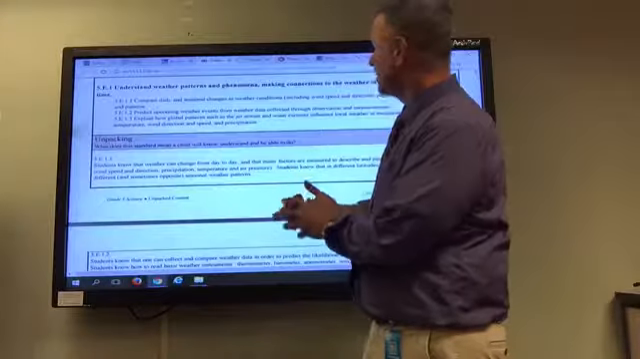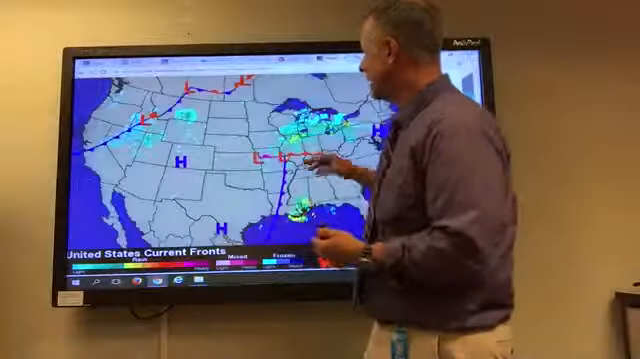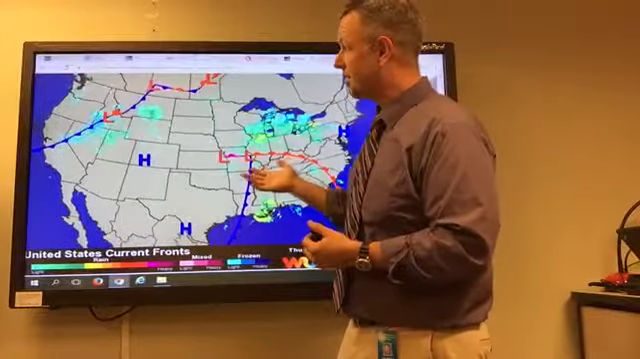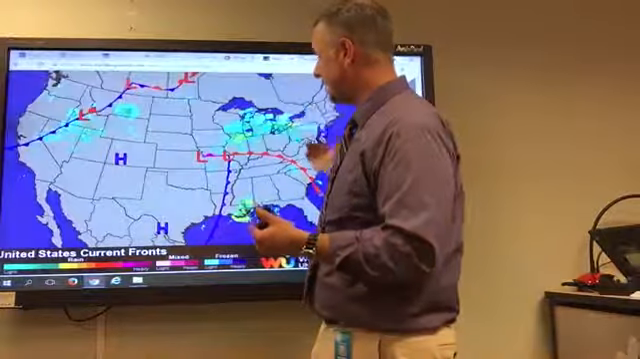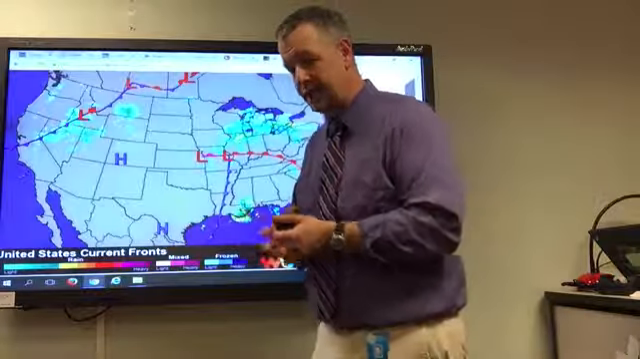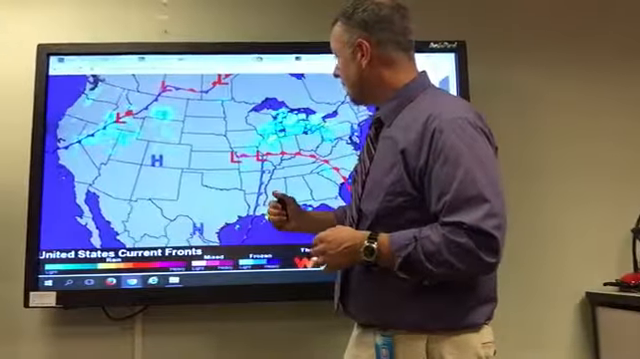As we talk about those, we're going to utilize a map. I've found the Weather Underground map that is pretty good. I like the way it looks. It gives us a lot of the features and symbols that we need for our standards. So with the one that we have right now,